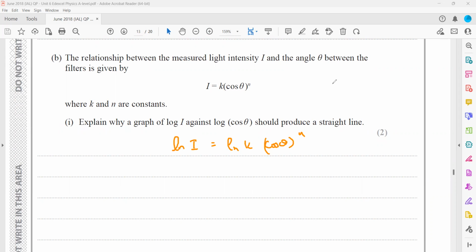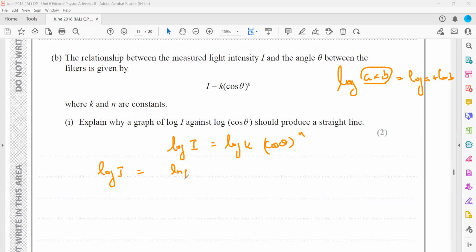Whenever you take log or ln, log is a base function, meaning the base is 10, and ln is base e. So if we take log both sides, according to log, if a multiplied by b is there, we write it as log a plus log b. When two quantities are multiplied, we write them in addition. So it will be log I equals log k plus log